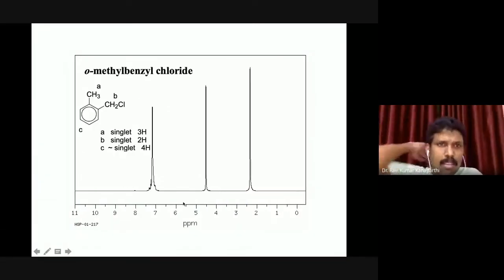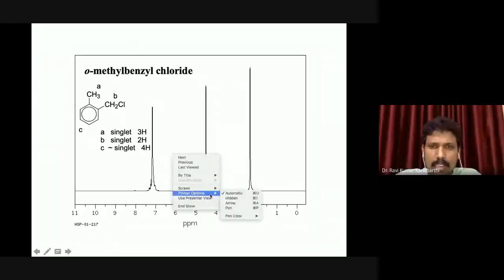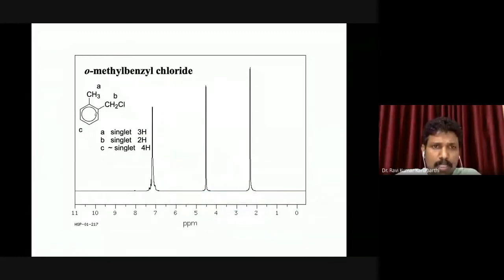The other one, ortho-methyl benzyl chloride. So the benzyl proton is one, and then the toluene methyl is one, and the other 4 protons will resonate at one position. So this is what I was citing, that even though these protons are different, right? Theoretically, you can say that this is one different one. So this is ortho to this particular CH2Cl, and then meta, and then this is para. On the other hand, this one is ortho to the methyl group, and then this is meta, and so on.